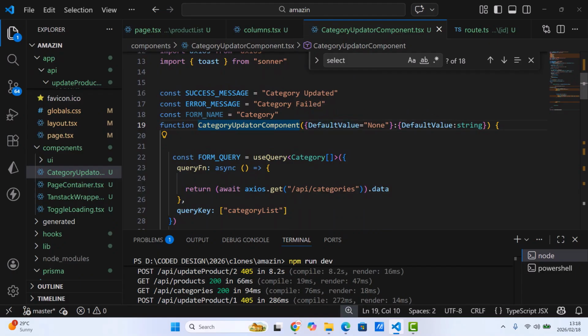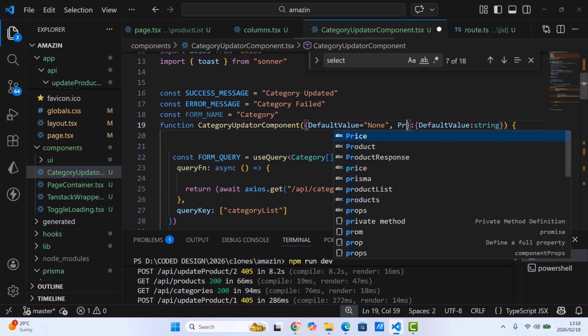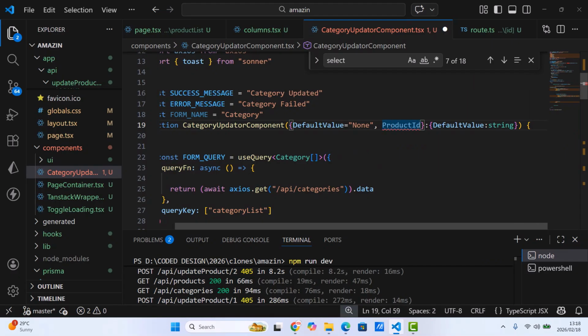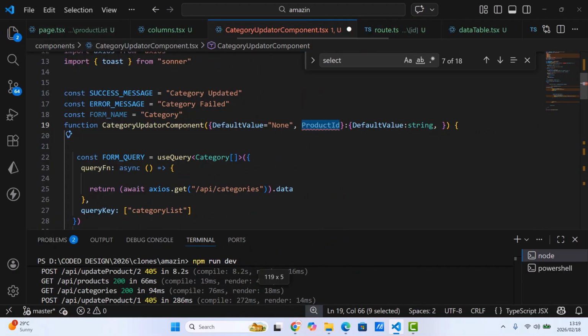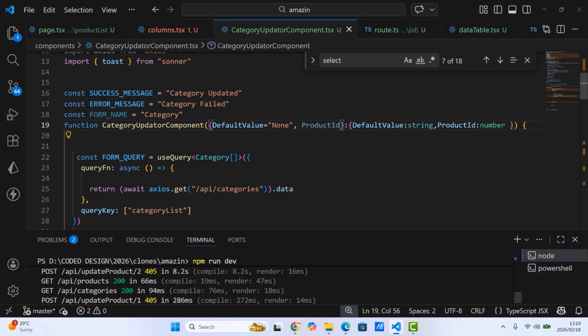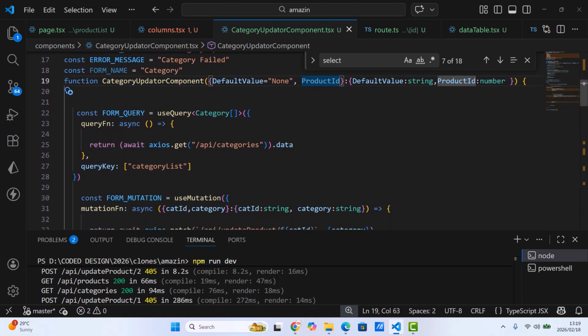So here we want to say row ID, let's say product ID. And then we want the product ID as well. It looks like I keep on copying things that I don't want to copy. For now let's just say it's going to be a number. We will change it to string if need be. And then once we get this row ID,